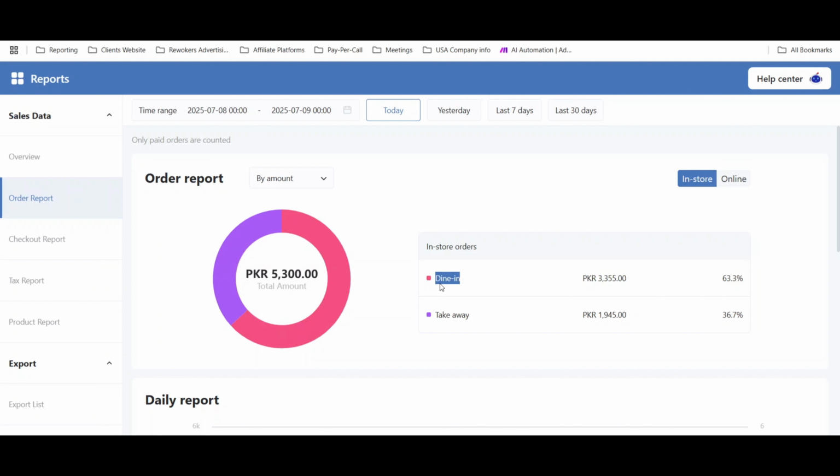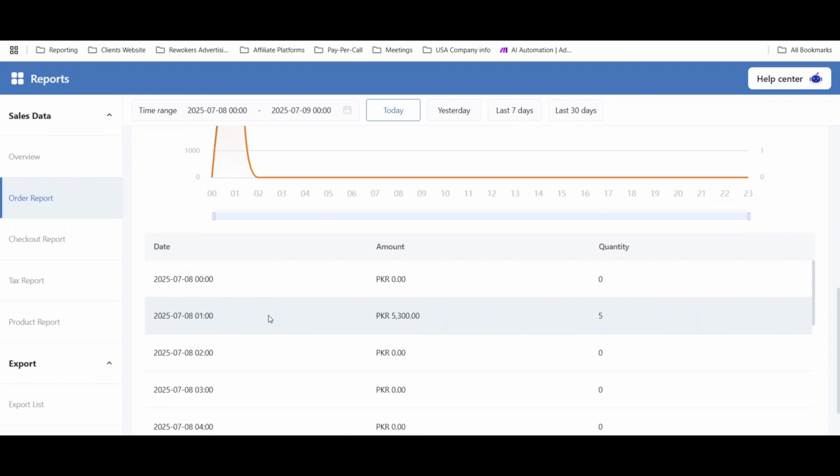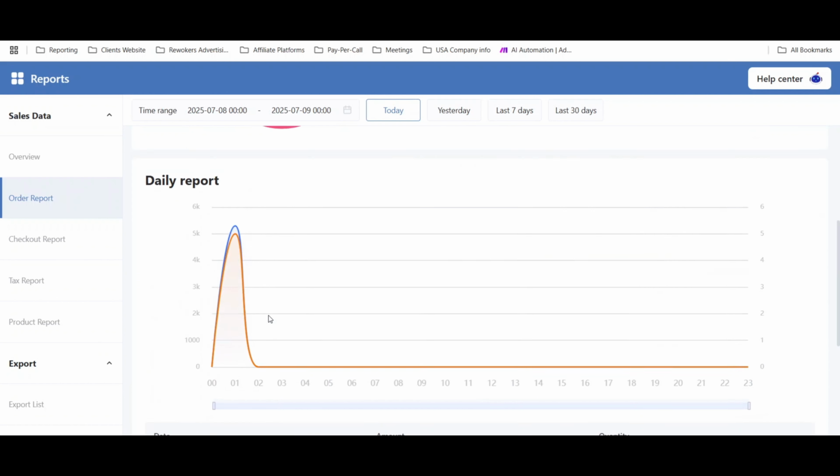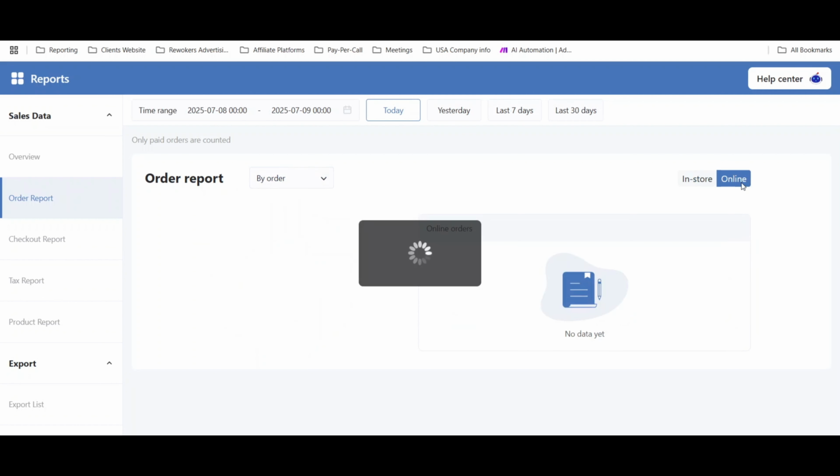The dine-in customer paid 3,355, and the takeaway customer paid 1,945. You can see the ratio 63 and 36%, and you can see the daily report from here. Now if you want to see the online orders that you got, click on the online section